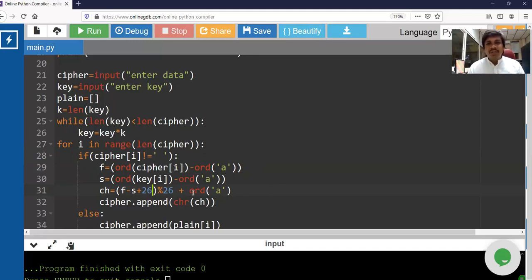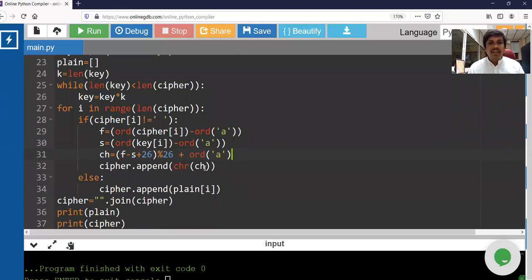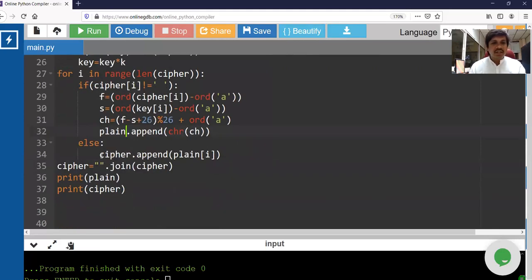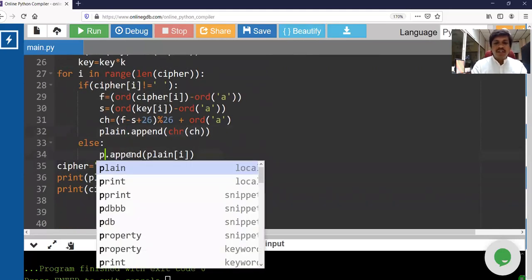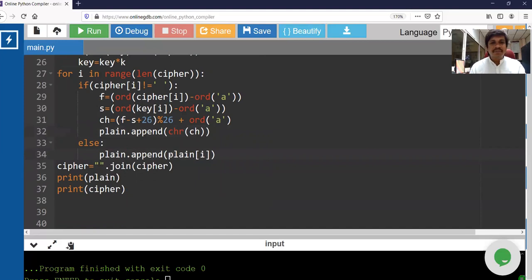So for that I am adding ord of a. It's like adding an ASCII value. Then I am converting that ASCII value to a character and appending it to the plain text, not cipher. And if it is a space, simply add that space.